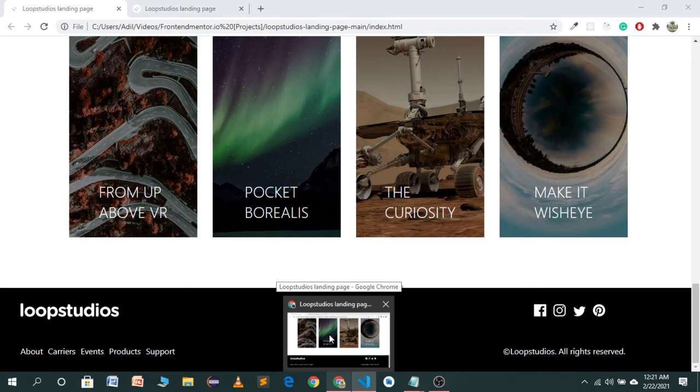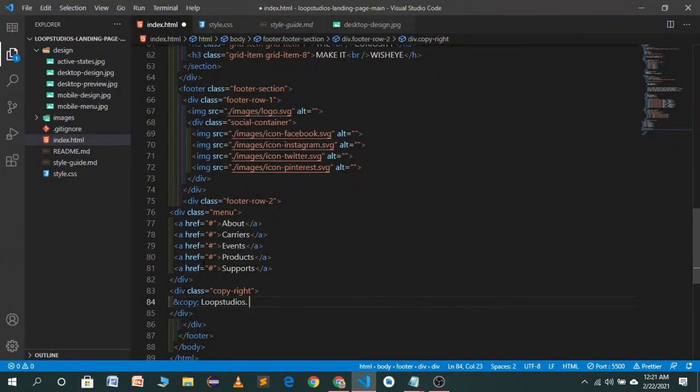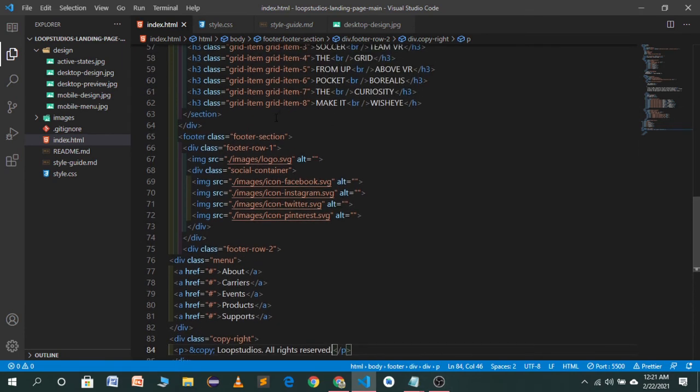Loop Studios, all rights reserved. You can write it in a paragraph. I will write it in a paragraph. Now let's save it. So first of all, copy the footer section class name.